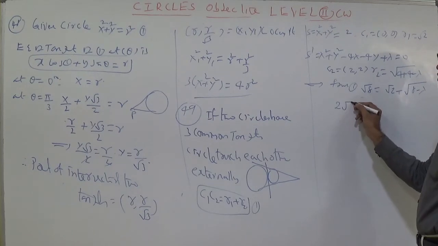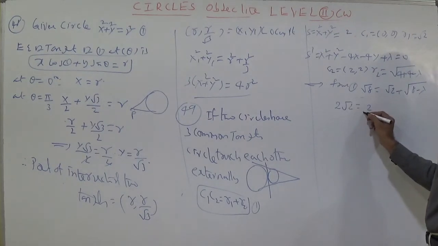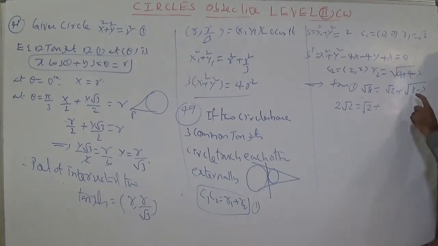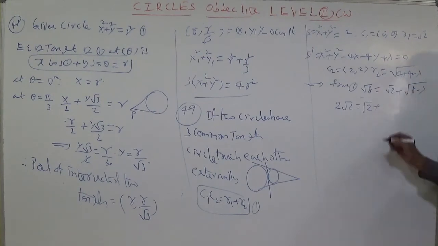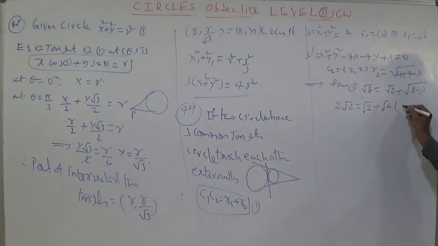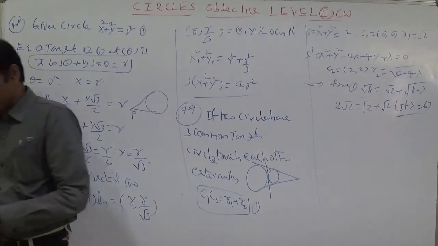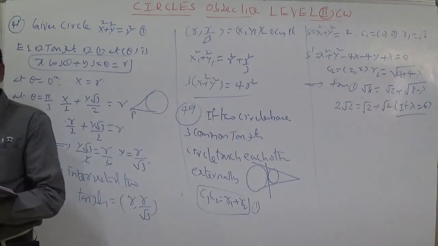So it can be written in the form of root 2 plus root 2, where you get root 2 here. If lambda equal to 6, 8 minus 6 becomes 2, so root 2. If lambda equal to 6, directly you can write. So lambda value is 6. Second option is the answer for the 49th question.